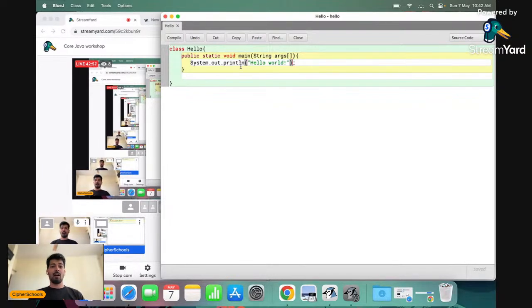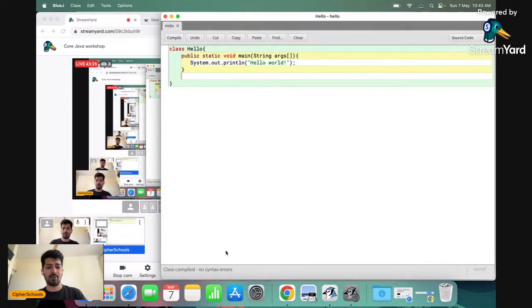Okay. Now, Java is a language which is case sensitive, right? So it will not run if it has a mix of uppercase and lowercase. Things which are supposed to be written in uppercase need to be in uppercase. The ones in lowercase need to be in lowercase. So make sure you're not making mistakes on that part. And the more you write code, the better understanding you will have.